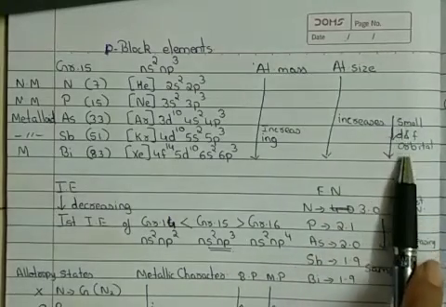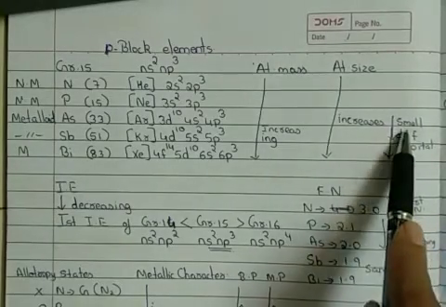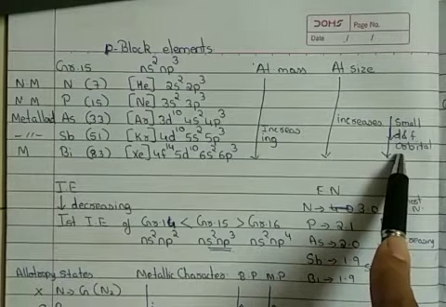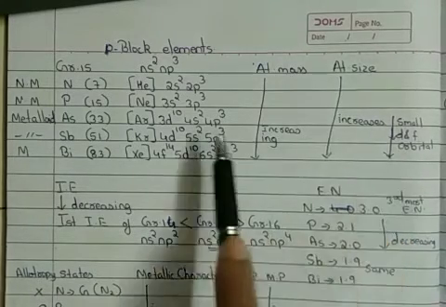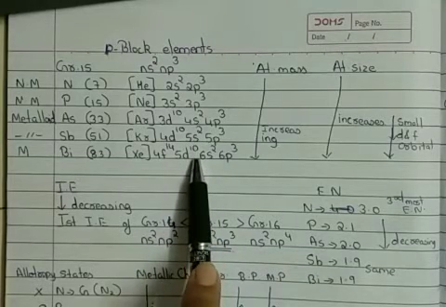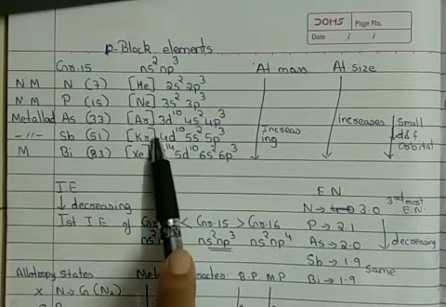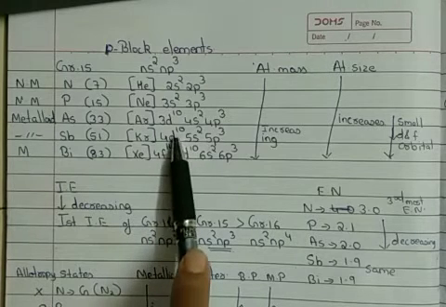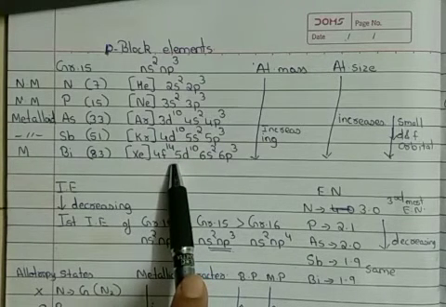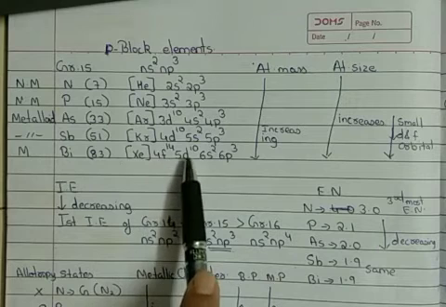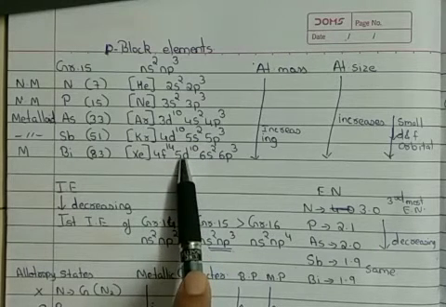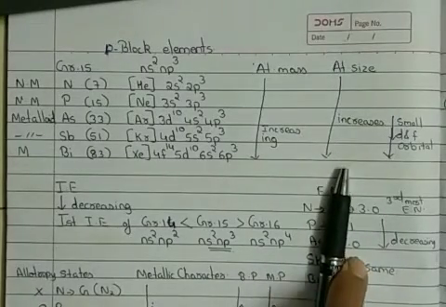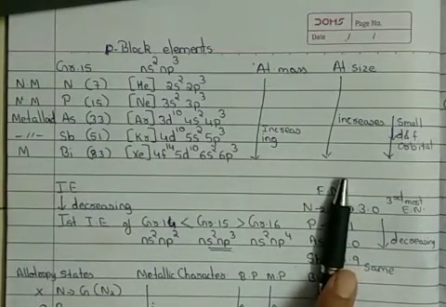Many a time this can be asked as give reason. So for this small increase in the atomic size, the responsible reason would be that as we move to antimony and bismuth, the electrons start filling into d and f orbitals. As they start filling into d and f orbitals, the effective nuclear charge goes on increasing. As the effective nuclear charge goes on increasing, the atomic size, that is the outermost shell, will be pulled more